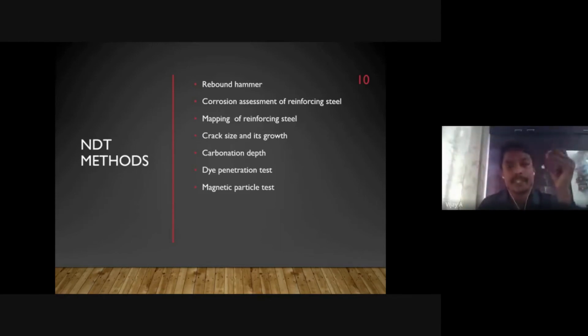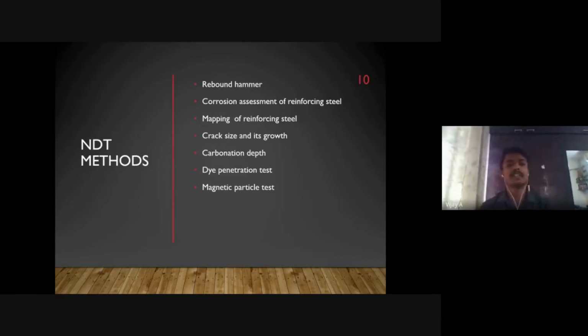Finally, accuracy. NDT methods have been proven accurate and predictable, both qualities you want, right? When it comes to maintenance procedures that are meant to ensure the safety of personnel and longevity of the equipment, you go for NDT methods. NDT methods normally are very predictable and accurate. These two qualities are very important when you go for any maintenance. So that is why we are using NDT methods in our structures.